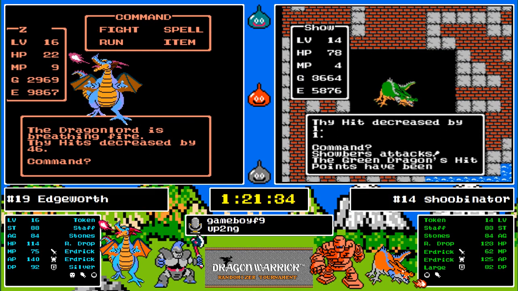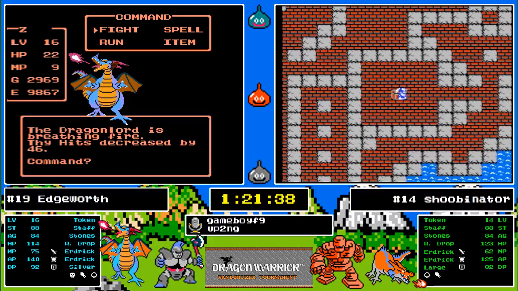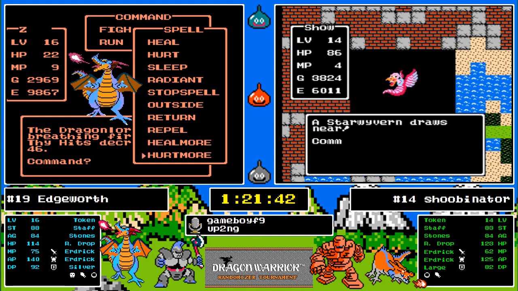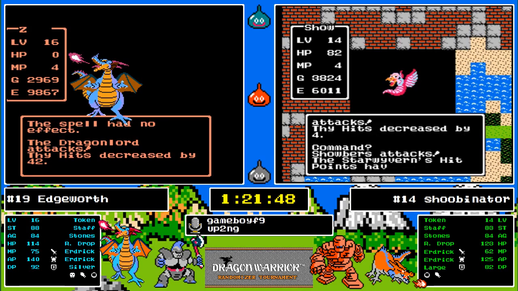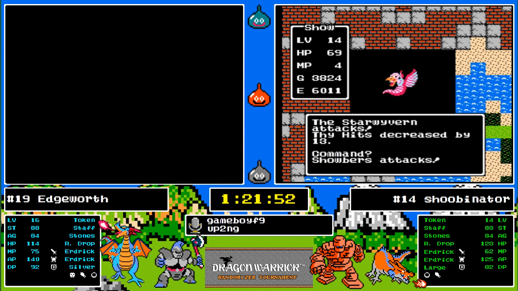Die. He's looking for a way to suicide, right? He can't even cast outside. Edgeworth pauses. He does not have enough attack to beat the Dragon Lord. He tries to hurt more and fails. Oh. He is cursed. So when you are cursed, you are not